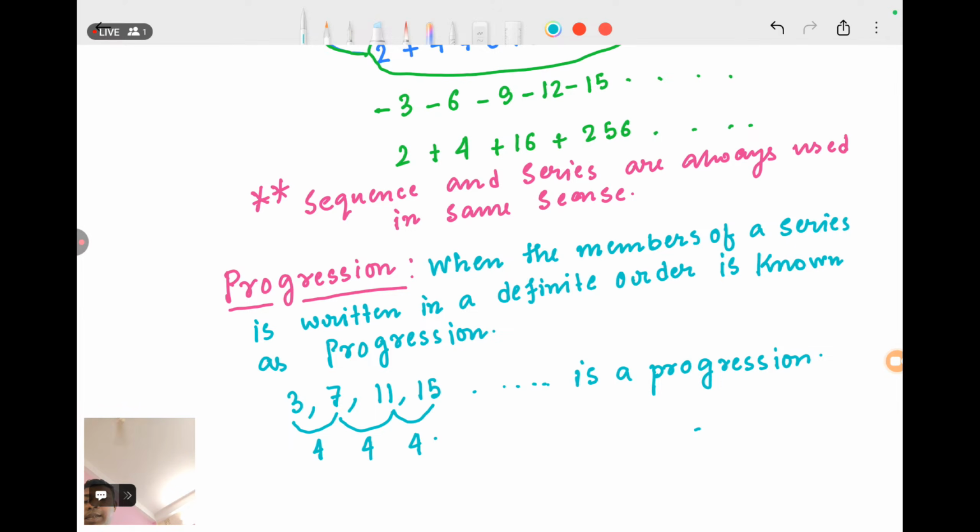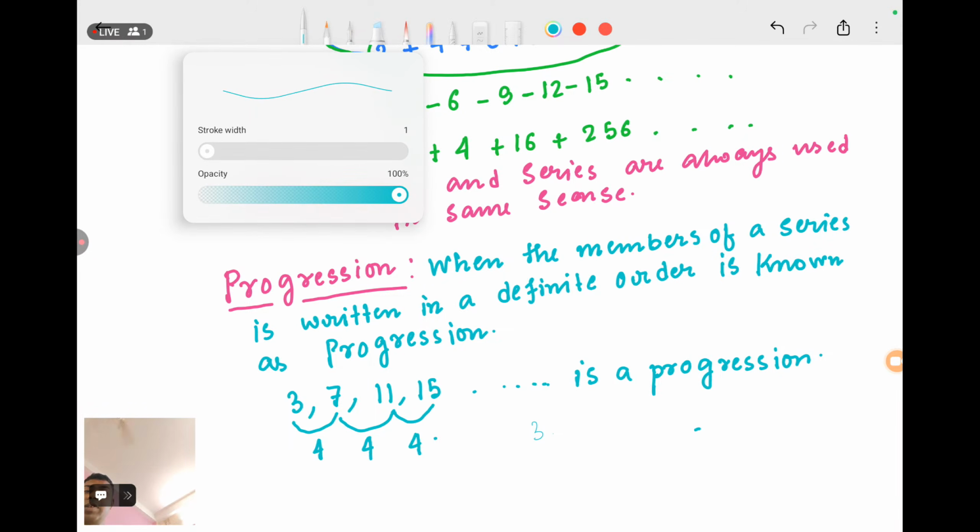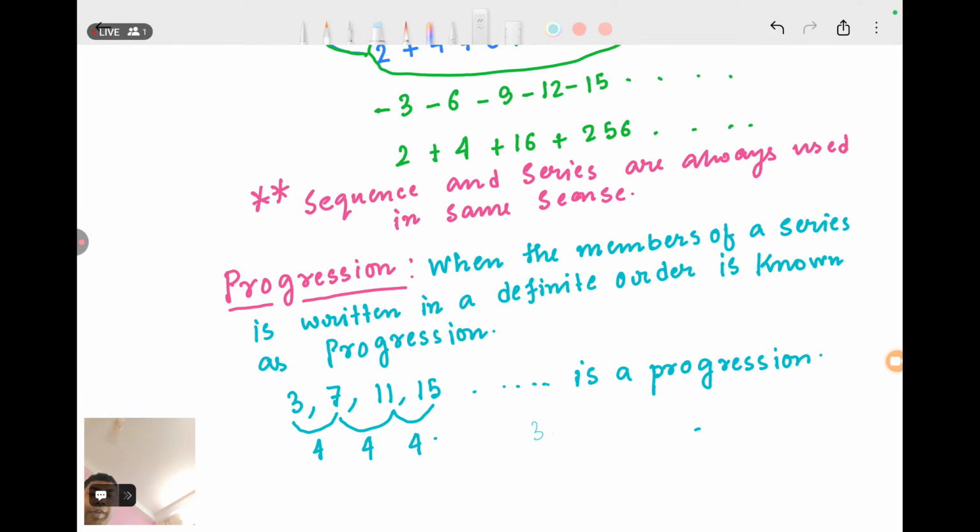But if the series was not in a definite order, then the difference will not be the same, and the series will be written in an indefinite manner. Like it can be written like this: